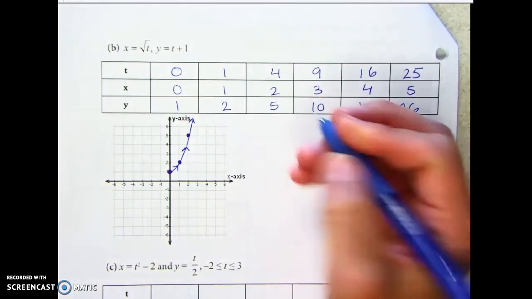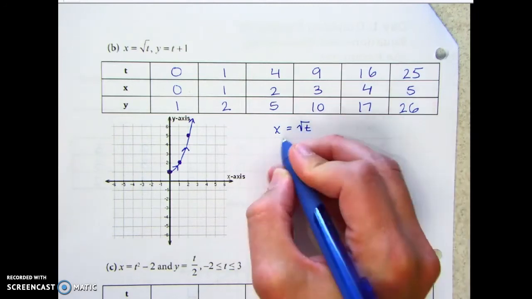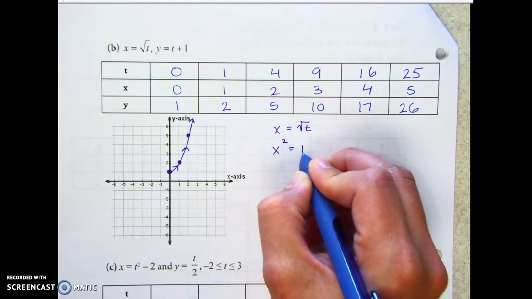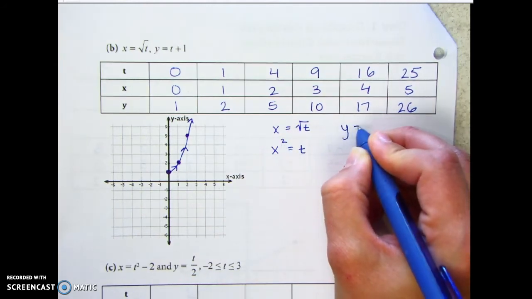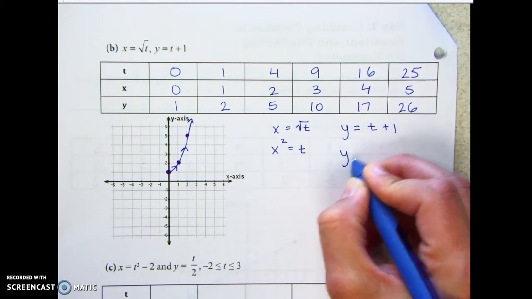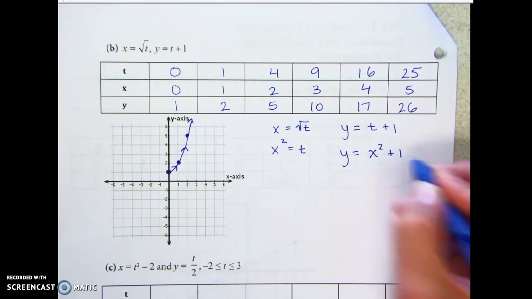Okay, now let's eliminate the parameter. Are you wondering why we are doing this? It's just fun. It's a different way to graph. Your whole life you've been taught one way to graph, and what I'm showing you is that, guess what? There's a second way to graph. It's called parametric